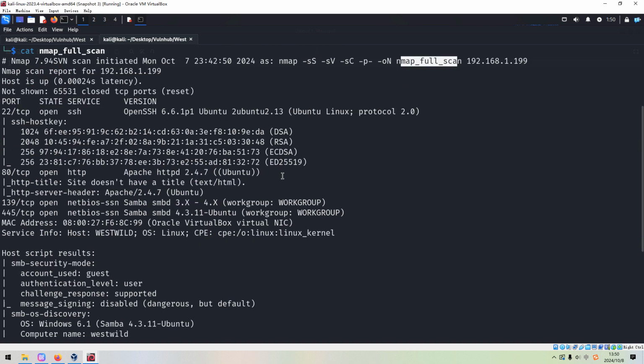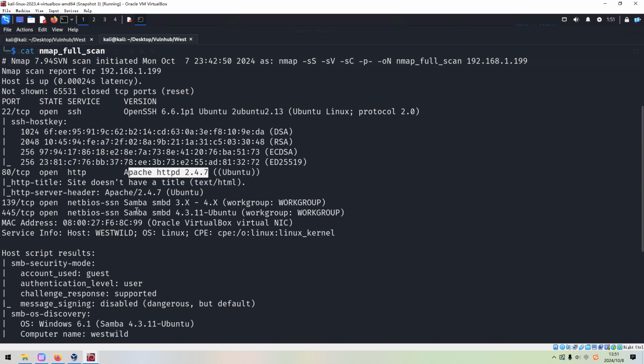So from the Nmap scanning, we can tell that the target has 1, 2, 3, 4 open port numbers. Let's take a look at all these open port numbers one by one. The first one is 22, which is running SSH service and also the version information. This version is very outdated. However, I do not think we can find any workable vulnerability for this particular version of OpenSSH. The second one is 80, which is running HTTP service and also the version information Apache 2. And the next two open port numbers are used by Samba service.